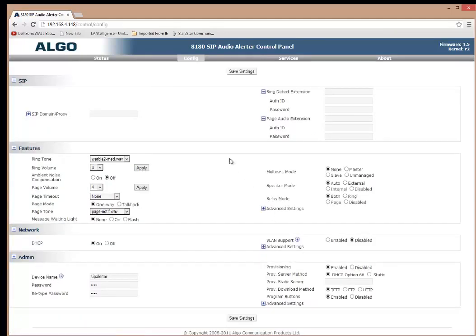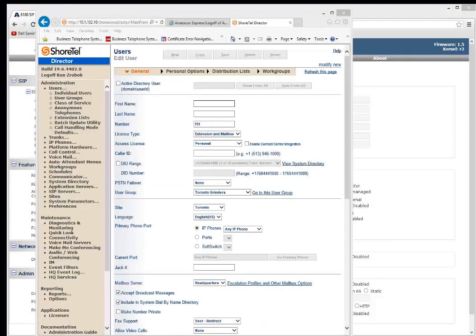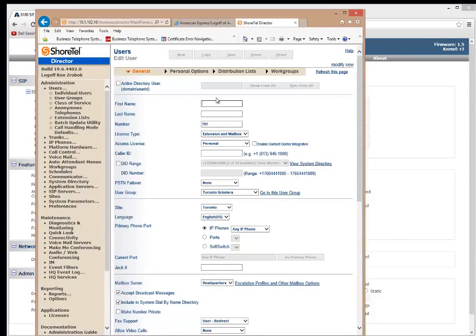Okay, so the first thing you're going to need to do is on the Algo side, configure the SIP information that you're going to register on the ShoreTel. So saying that, let's go over to the ShoreTel and configure that first before we configure the Algo. Okay, so now that I've brought up my ShoreWare Director, I'm going to go into the site that I want to set this up, and I'm going to create a new user. I'm going to call this one paging